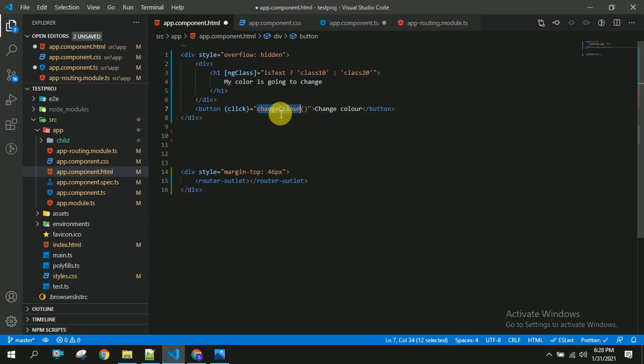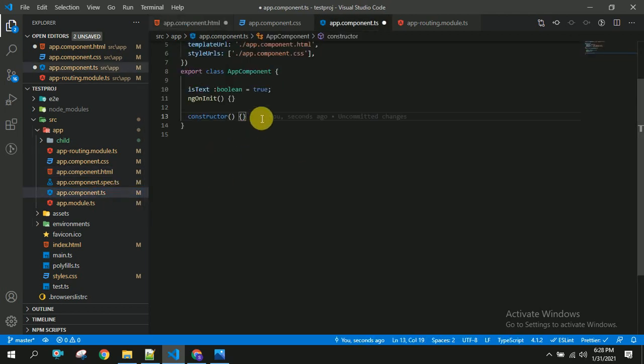So inside this changeColor I am going to make the value of isText as false. this.isText = !this.isText.